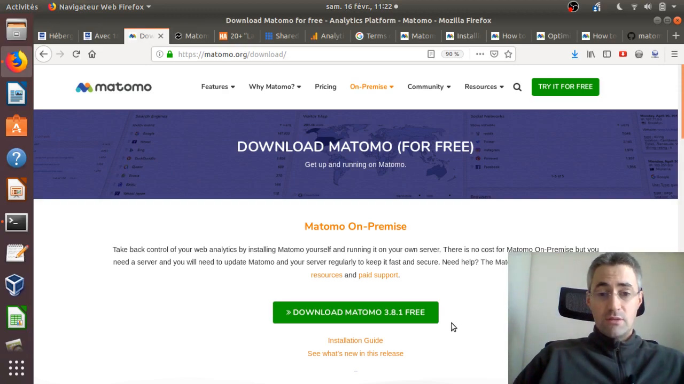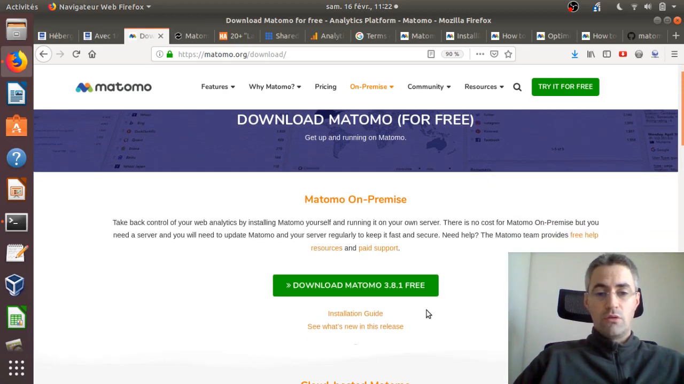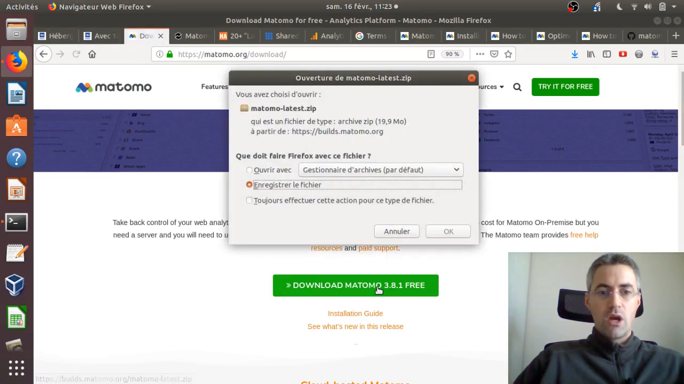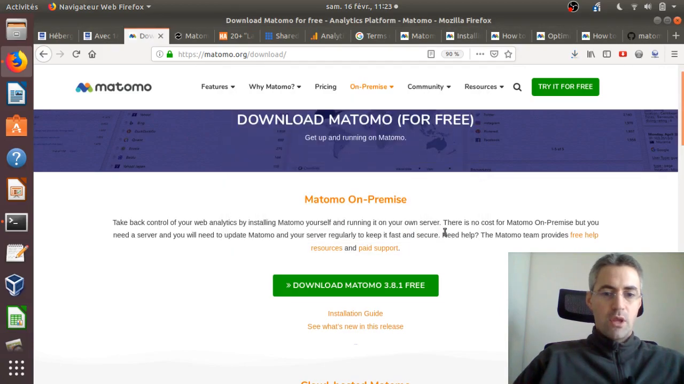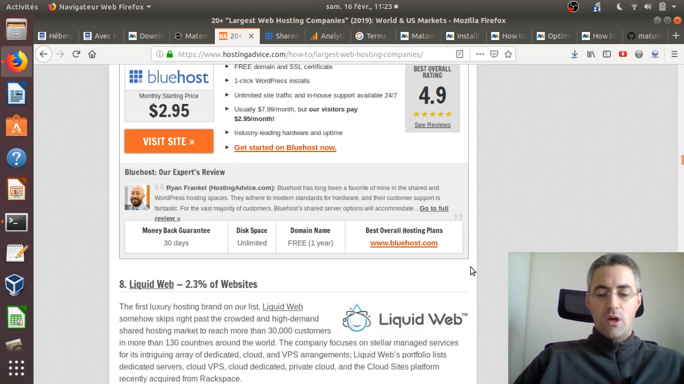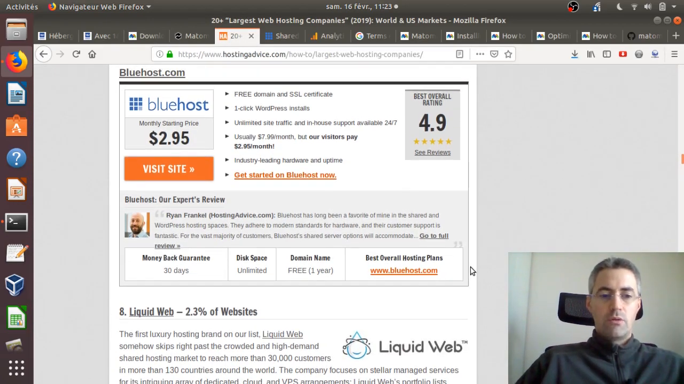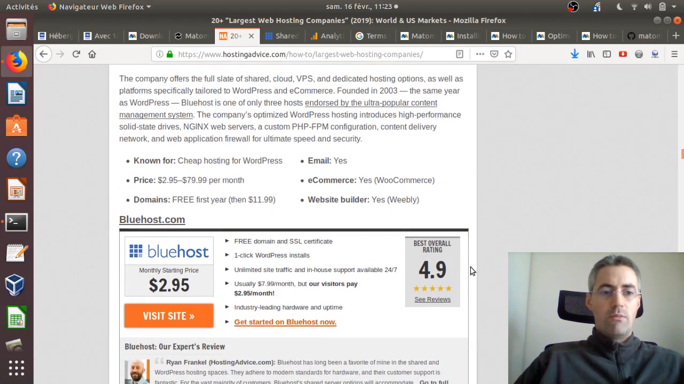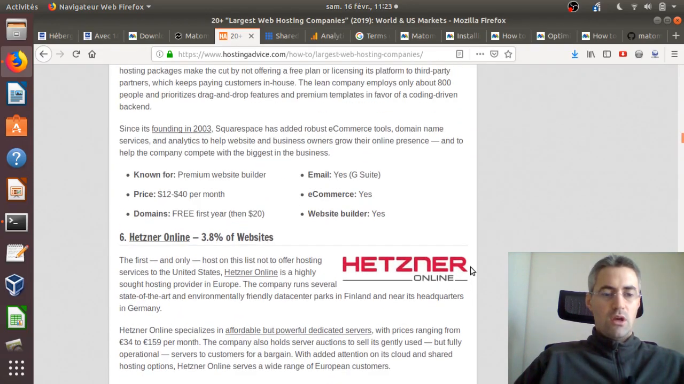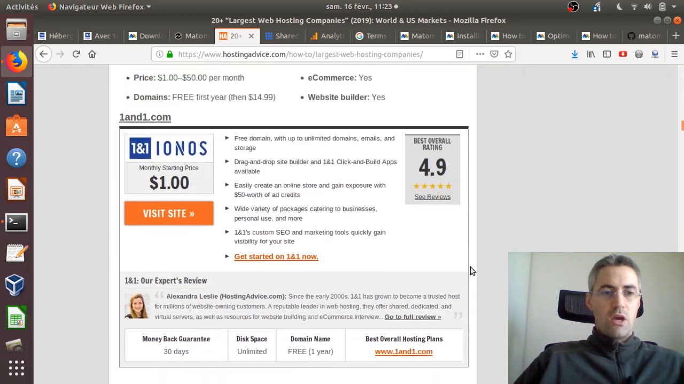So yes, that's the full story here. You are downloading your software, and this software you need to put somewhere. The place where you will put this software is called the server. And as you may not own your own server, you need to go to what we call a web hosting platform. Examples of web hosting platforms are Liquid Web, Bluehost, GoDaddy, Hetzner, Squarespace,